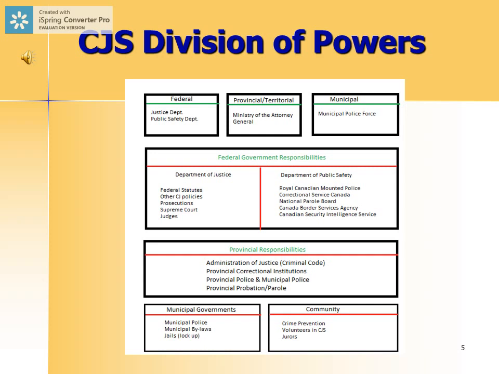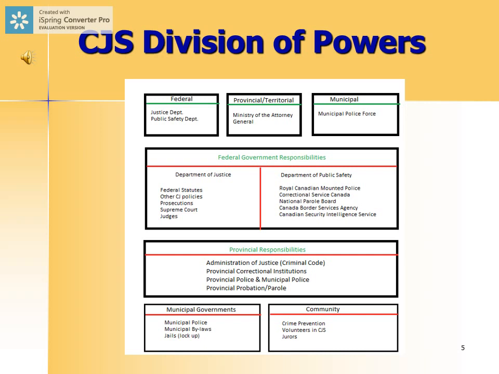They, as I mentioned, undertake prosecutions, mostly in drugs, but also national security. The federal government is responsible for the Supreme Court, and they also appoint some judges. In addition to the Department of Justice, the federal government also operates the Department of Public Safety. And this is another powerful institution because it operates so many powerful criminal justice agencies.